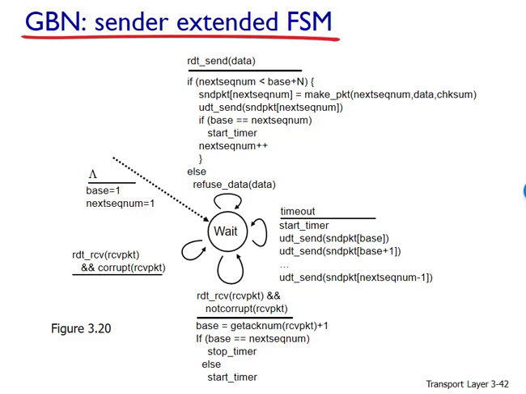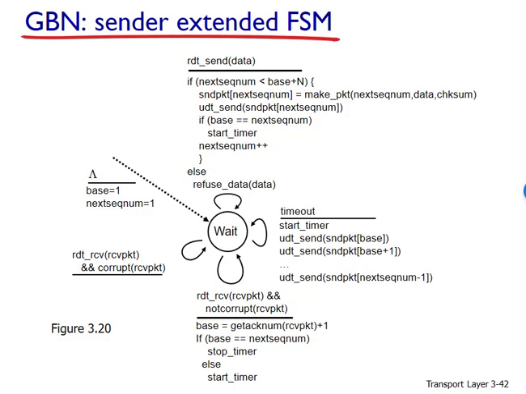Remember, we said go back N does not acknowledge every individual packet, but it acknowledges packets in groups. We'll come back to this issue shortly when we examine the receiver side of go back N. And thirdly, there is a timeout event. The protocol's name, go back N, is derived from the sender's behavior in the presence of lost or overly delayed